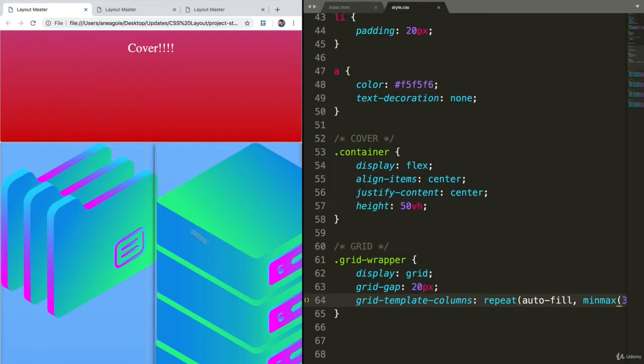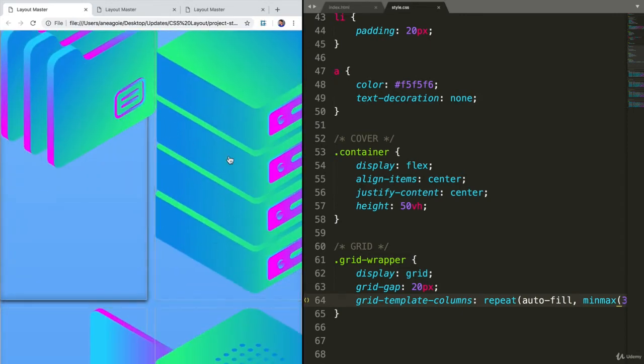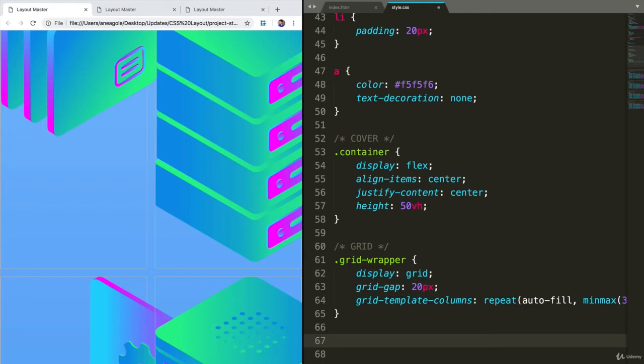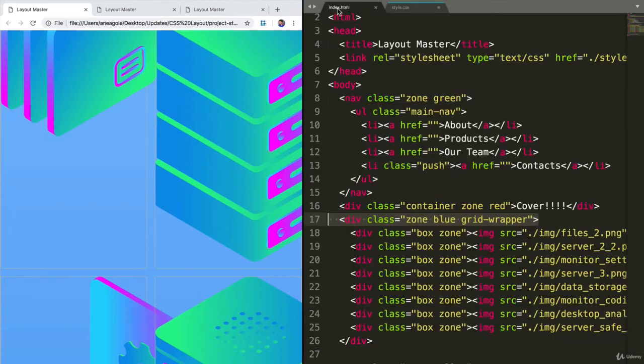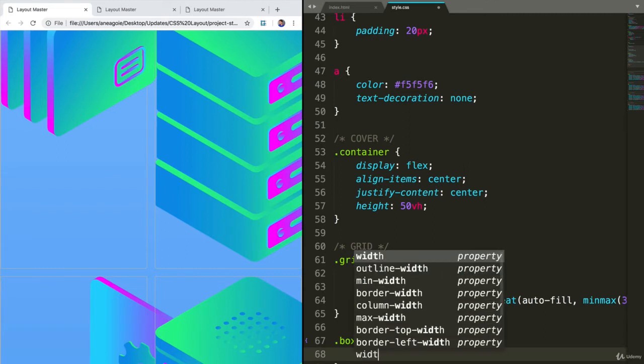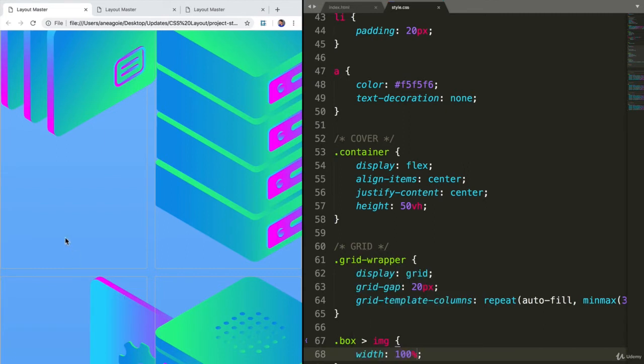And that's because our images are, well, they're pretty massive, and you see that they're also not all the same size, or they have different padding. So the way to just fix that quickly, and something that you'll see a lot with images, is to give them a width of 100%. In our case, we can just say box, because remember, each div has a box class that we haven't really said anything about, and then an image. So using our CSS selector knowledge, I can just say all children of box that are images, I want the width to be 100%. If I save and refresh,